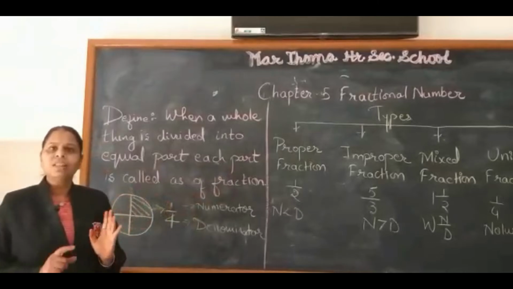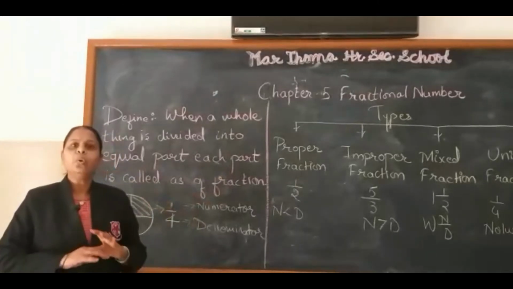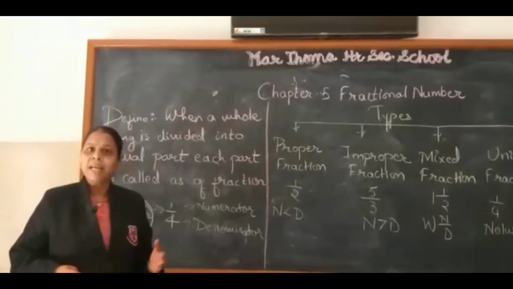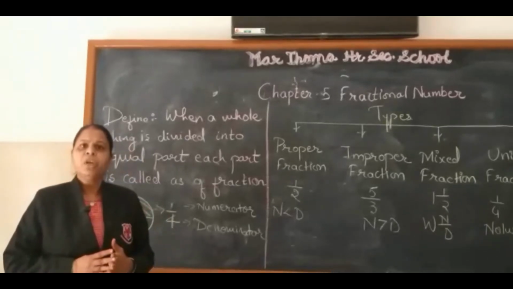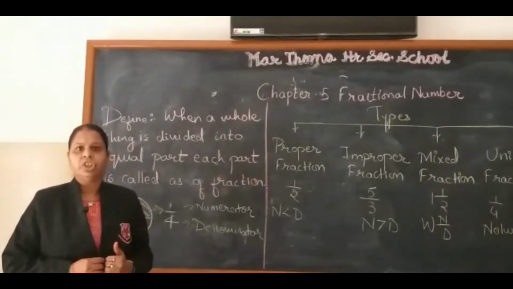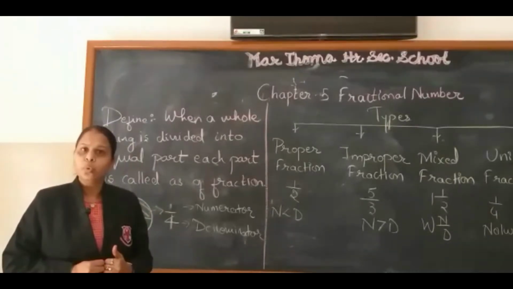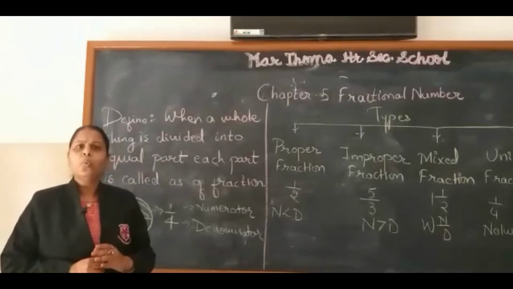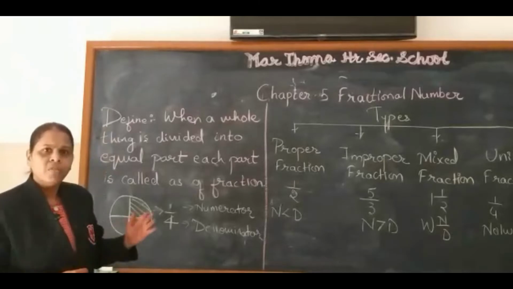That means a whole thing is divided into an equal number of subdivisions, and when you combine all these divisions, you get the whole number again. So each division is a part, which is known as a fraction. Now this can be better understood with the help of a small figure.